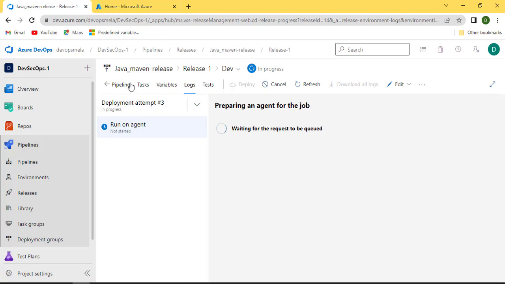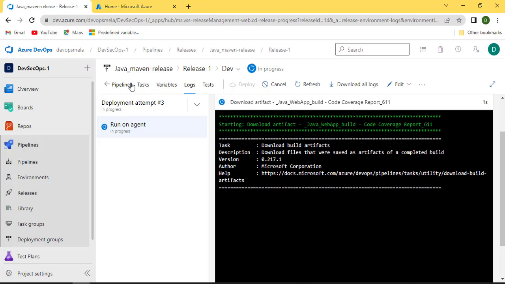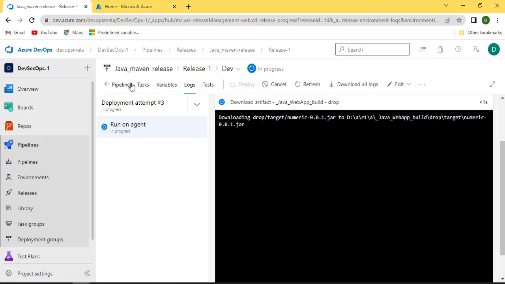Understood, guys? So that's it from Java. This is how you will be building your Java applications if you're using Maven. If you're using any other, the only difference you will find is the build tool. You might use Gradle, you might use Ant. Like if you're using another application, this was a Spring Boot, suppose you're using